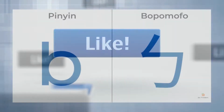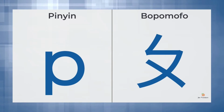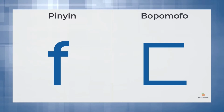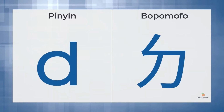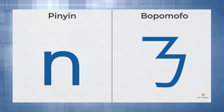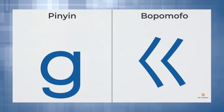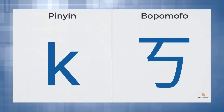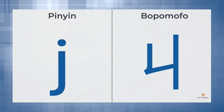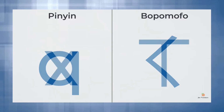Let's start. B, P, M, F, D, T, N, L, G, K, H, J, Q, X,